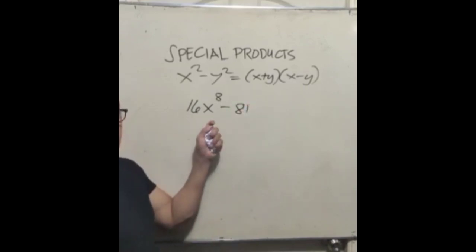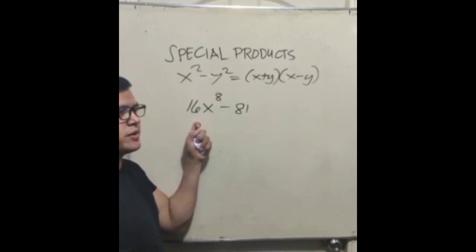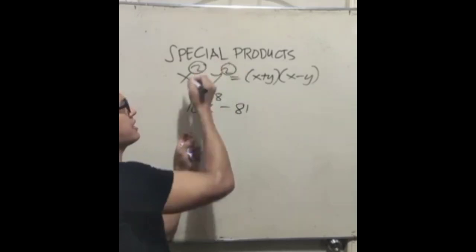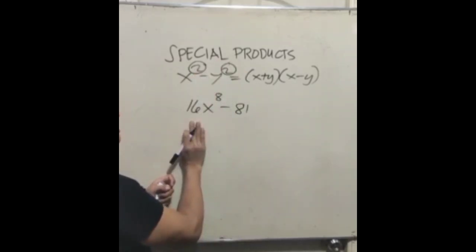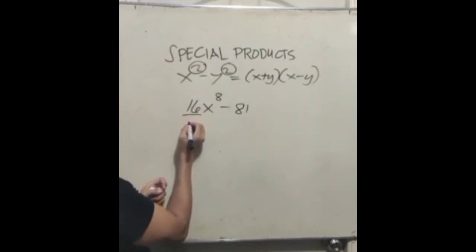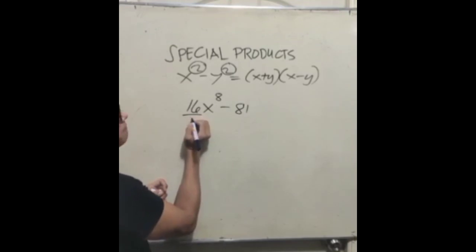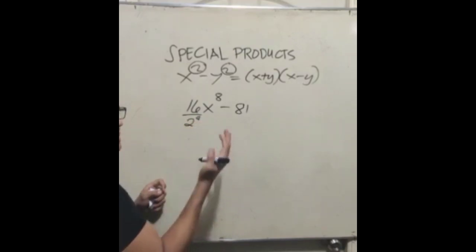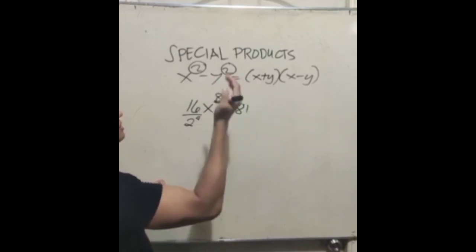Okay? So look at this. Look at this. We must always focus on the square. Okay? Lagi lang dapat siyang square. Ganyan. Okay? Now, paano natin gagawin? Ito siya, 4 squared. So we can say that this one can be expressed into 2 raised to 4, right? 16 is 2 raised to 4 because we say 2 times 2 times 2 times 2, that's 16,